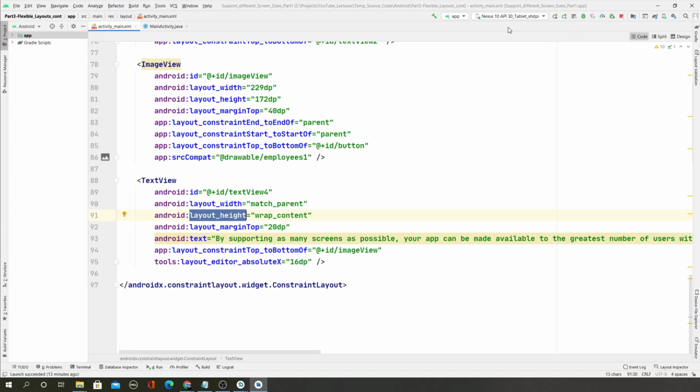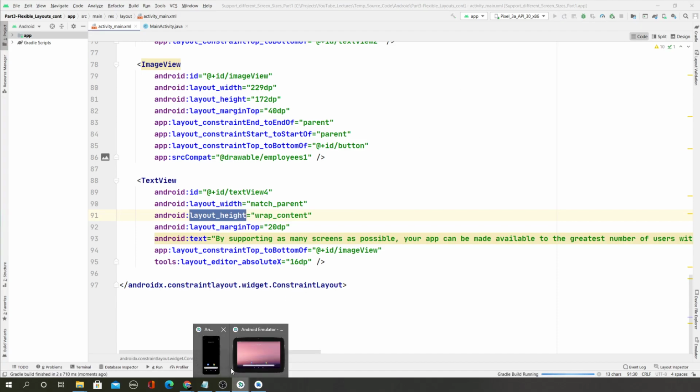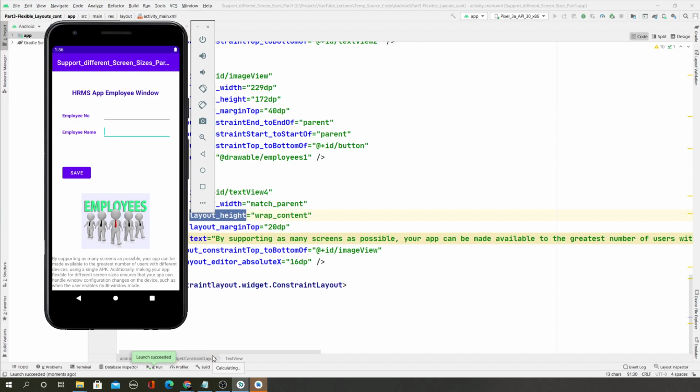Now if I run this, let's say on the phone, you will see the outcome. The label will come at the bottom, and the rest is the outcome of the previous project.